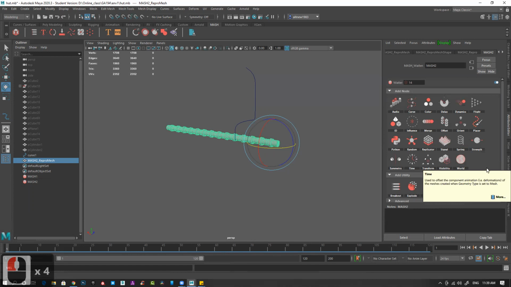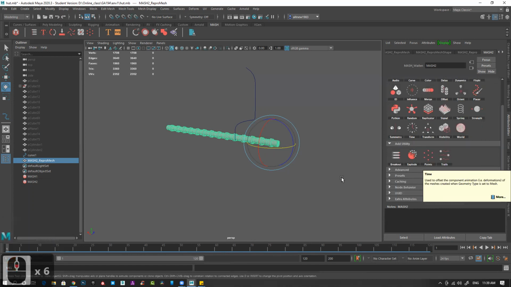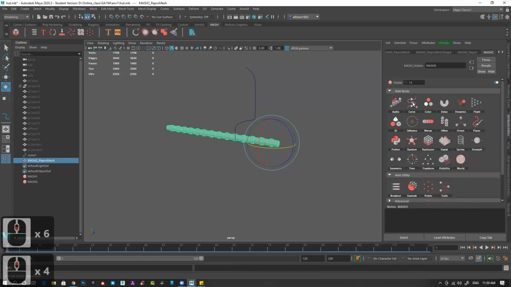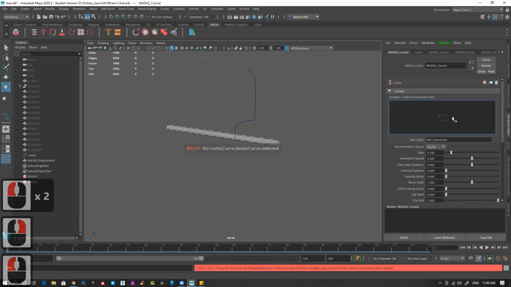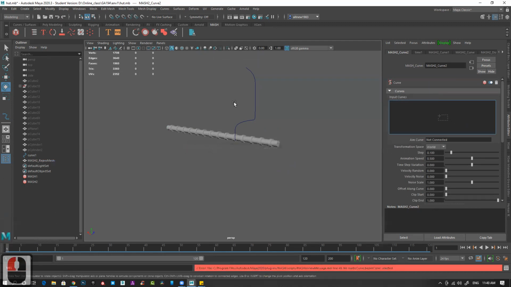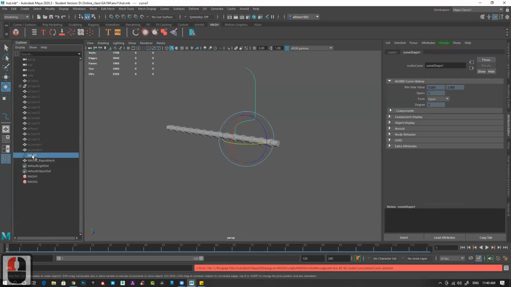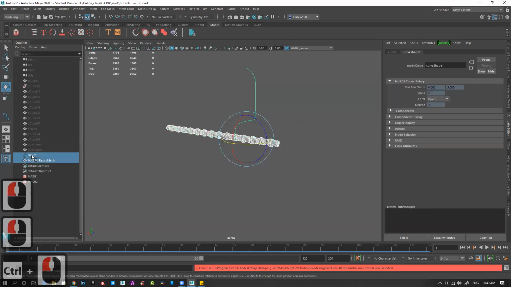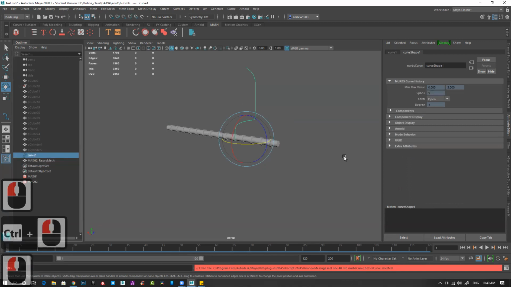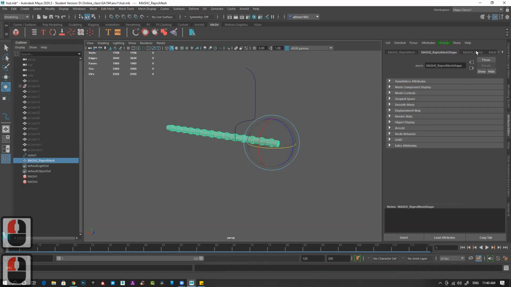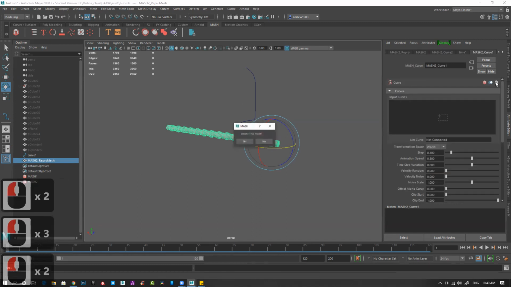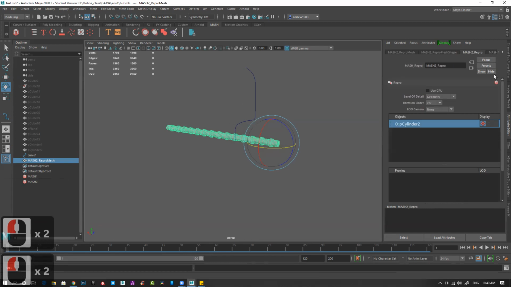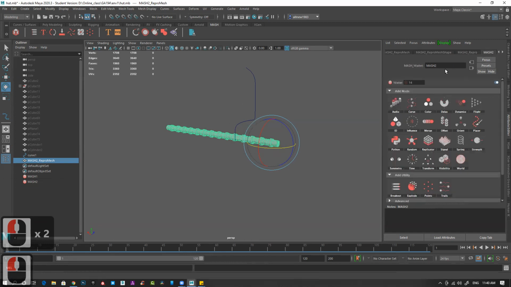This is what happens. If you stop using a software, you start forgetting those tools and options. So I added shape, curve, and Mash.